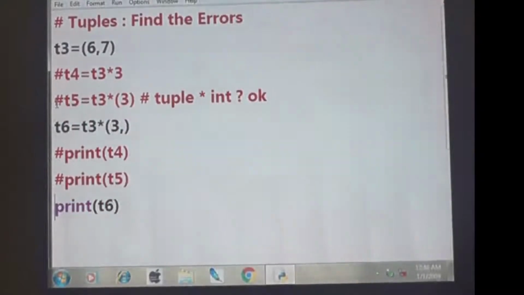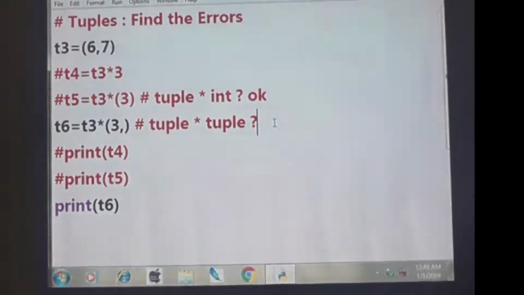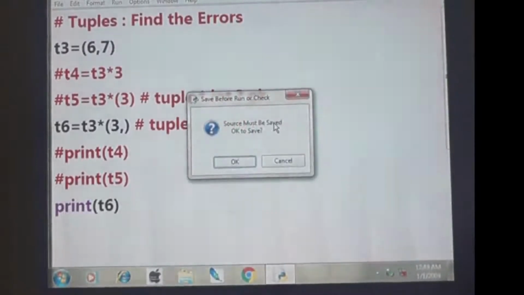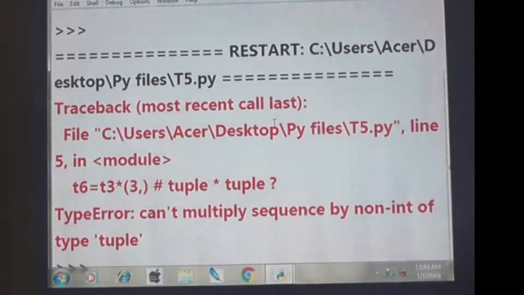So T6 is equal to T3, which is 6, 7. T3 is a tuple, into, bracket is there, comma is there. That means this is also a tuple. So can tuple into tuple be multiplied? Is it okay or not? F5. It is an error. What is the error? You cannot multiply